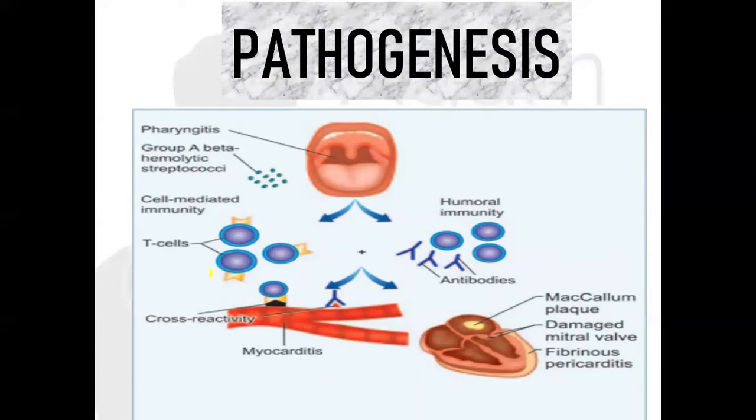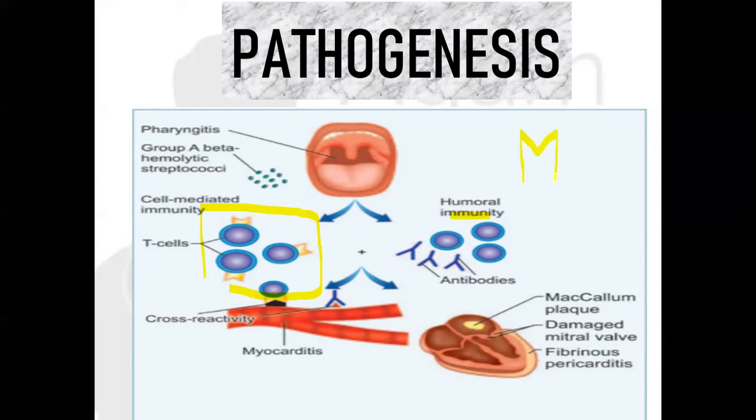So here we have T cell components, that is cell mediated immunity, and here we have humoral immunity. So we have two mechanisms for the pathogenesis. Please listen, a very important slide. See, if you take a bacteria, we have something called virulence factors. There will be many factors associated with the pathogenicity of a particular organism. If you take group A streptococci, we will have capsule. We will have some specialized proteins and all that. One such important protein of streptococci is something called an M protein.